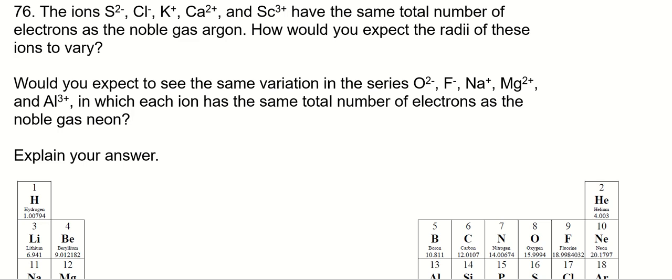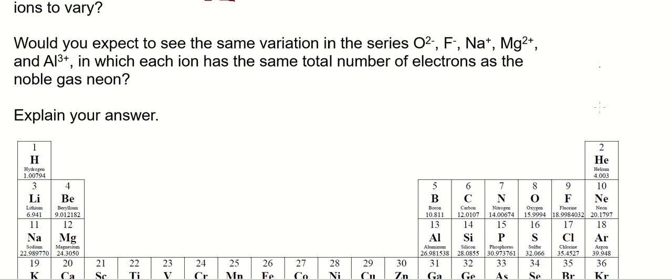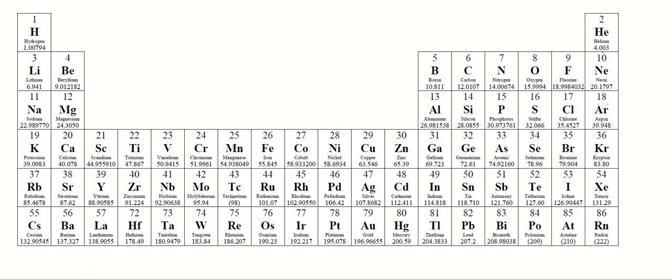We're given a series of ions to compare. We got sulfide, chloride, potassium, calcium, scandium, and they're all isoelectronic with argon. In other words, they all have the same number of electrons, the same electron configuration. And so that's very common, as we'll learn in our next chapter when we talk about chemical bonds and the